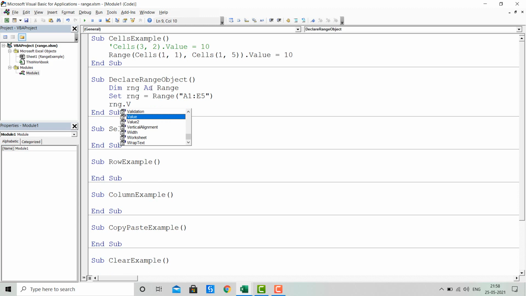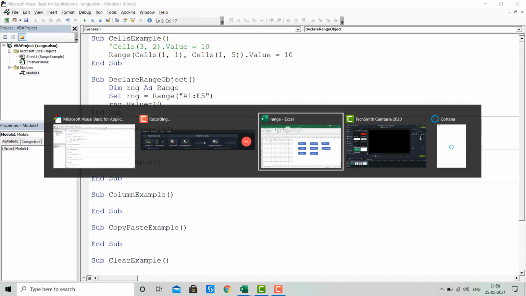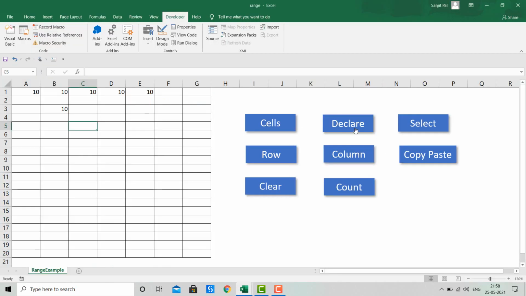We want to set the value from A1 to E5 as 10. So let's move to the Excel. You can see as I clicked on declare, the value from A1 to E5 is set as 10. So that's how we can declare the range as an object.